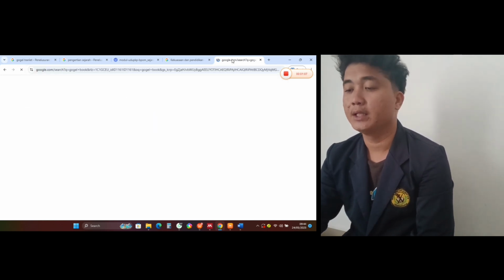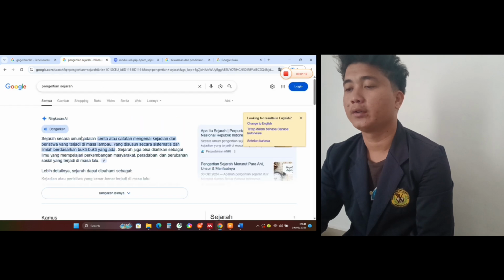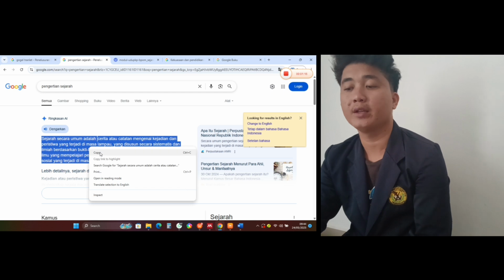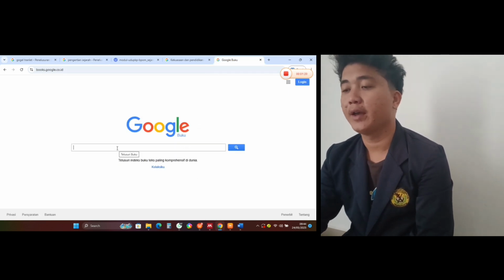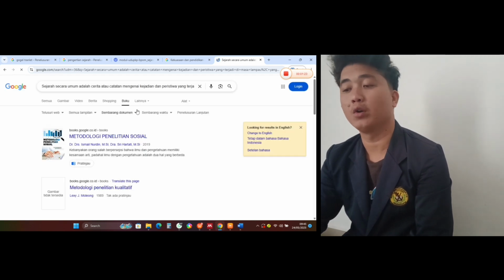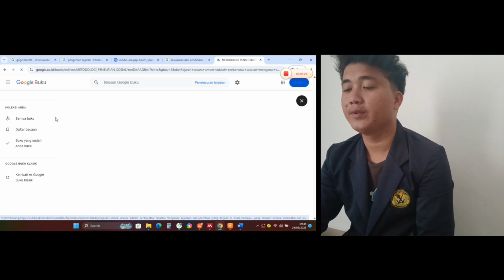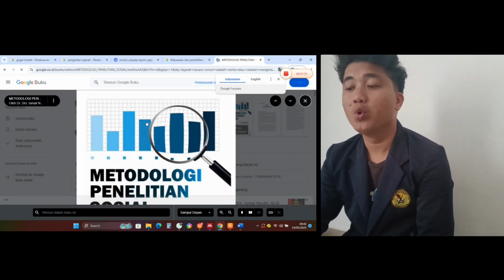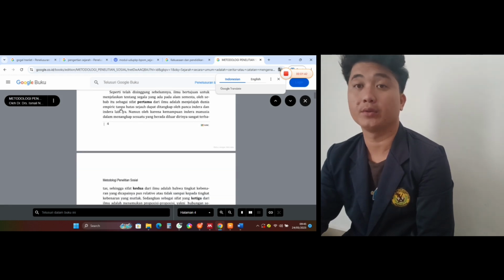After 3, then open Google, type the definition of Indonesia history, then copy the definition, enter it into Google Books by opening Google Books, then click enter the definition into Google Books, then the book will appear that we will cite by the method.